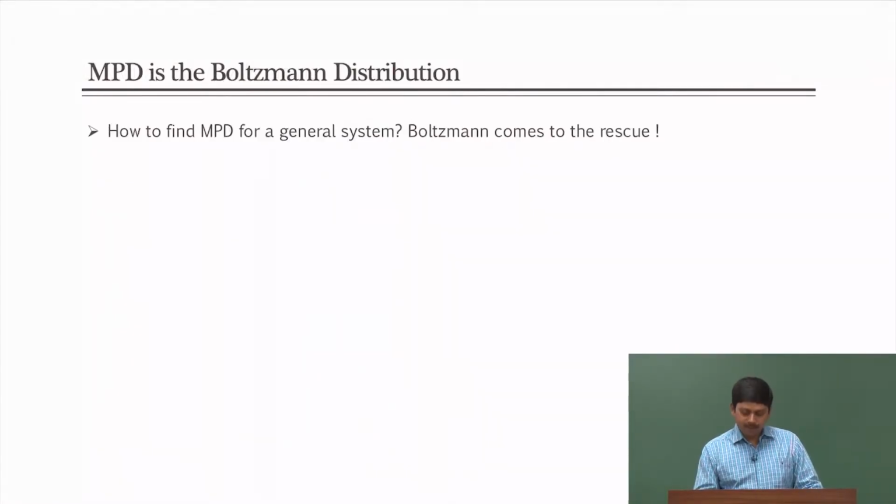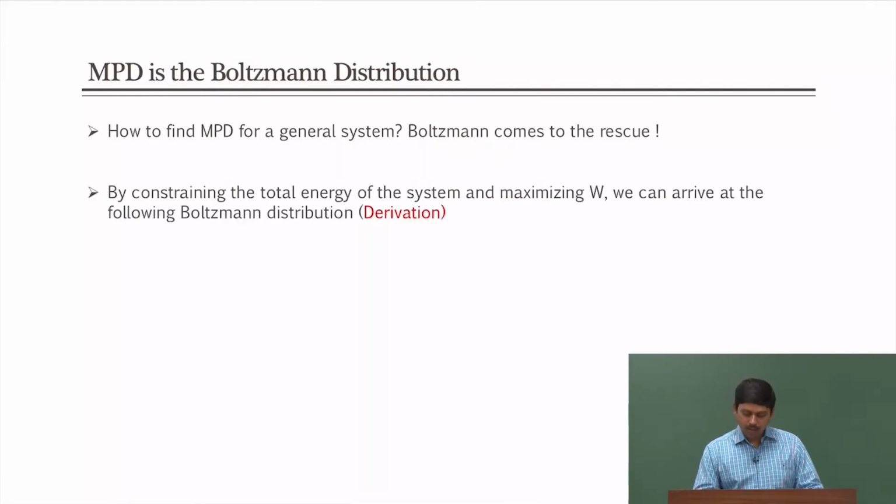We will see the MPD for a general system. To calculate that, the Boltzmann distribution will come to the rescue, and we are going to maximize W under the constraints of total energy and total number of particles, and that will give us, as you have seen, the Maxwell-Boltzmann distribution or an exponential distribution. So, we are going to do the derivation. However, this derivation is not